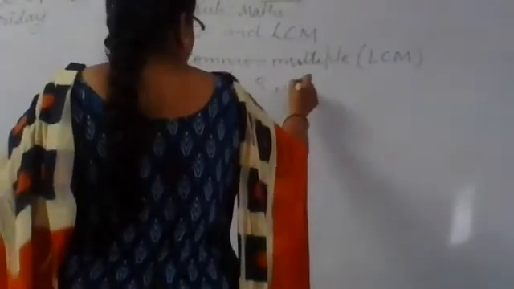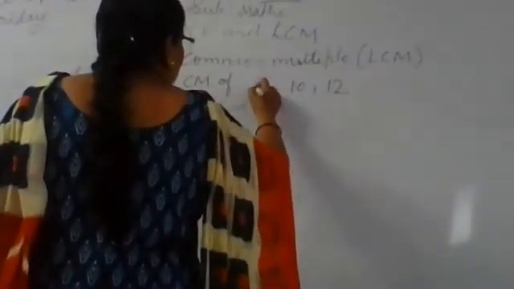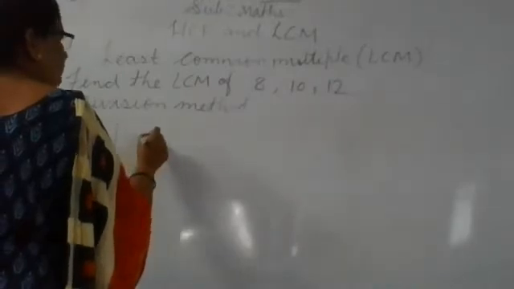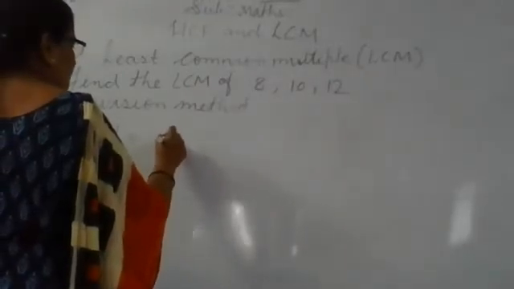So now we will find the LCM of 8, 10 and 12. See beta, we will use these 3 numbers at a time. So write down the given 3 or 4, whatever numbers are given, in one line: 8, 10 and 12. See, all are even numbers, so we will take the first prime, that is 2.